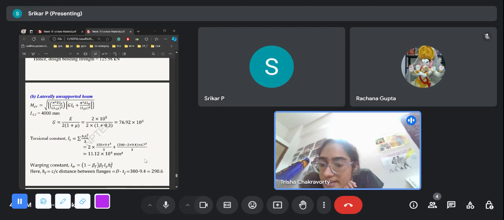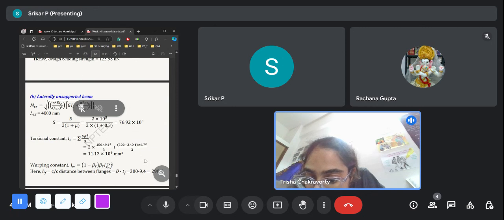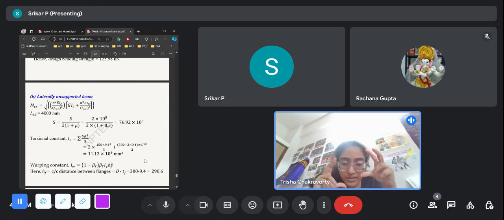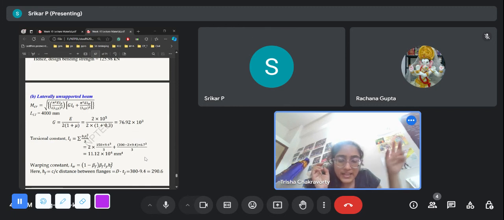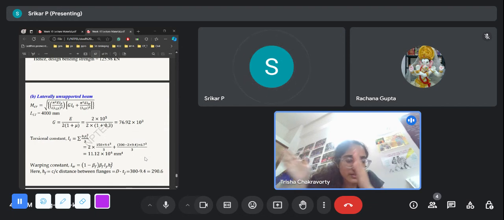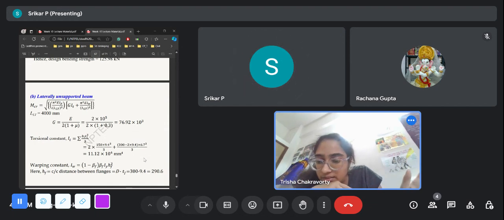Oh, so this has no length term. The Iy, okay. I think this is the local thing; the parameters here are only the web and flange parameters, depending only on the cross section. So here it's only the local warping and torsion. Afterwards, I think it has to do with the global torsion that we are seeing, where the effective length of the member will also matter.